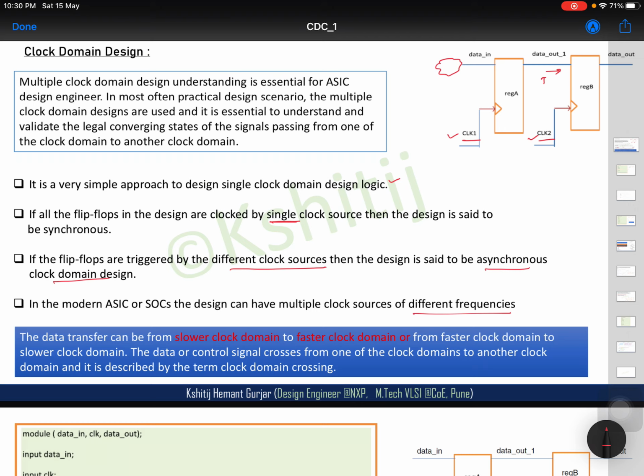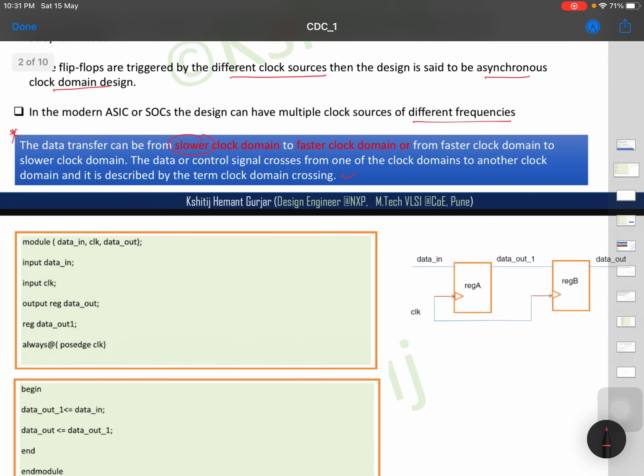Okay, so the main concept which gives rise to CDC is the data transfer from the slower clock domain to the faster clock domain, or from the faster to the slower clock domain. So this is pretty self-explanatory. Okay, we have an image which will make it more clear to you. The data or the control signal crosses from one clock domain to another clock domain and is described by CDC, which we have already discussed. So one clock is slower and one is faster. Okay,